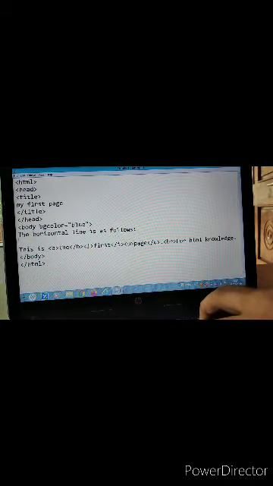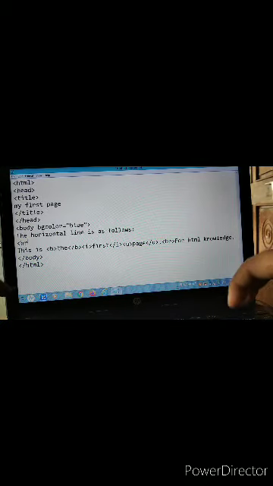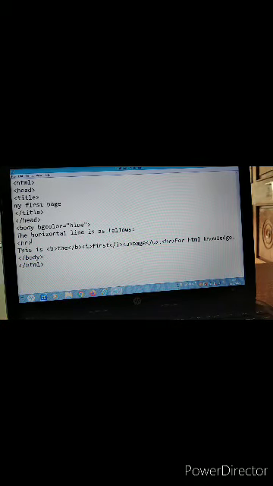It will be directly input with the help of HR. HR means horizontal rule. The HR tag is a very important tag in HTML. It will be useful for inserting a horizontal line whenever you type the tag. Just at that place the line will be inserted in the output screen, the output web page, whenever you look at the web page in the browser.